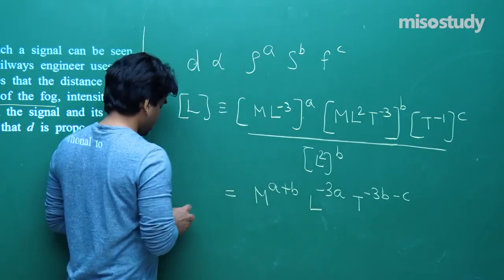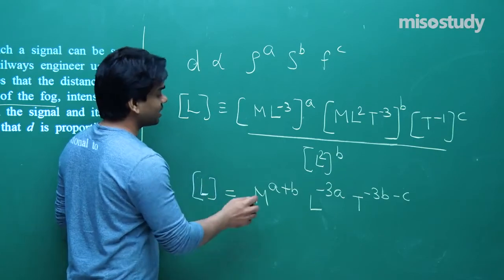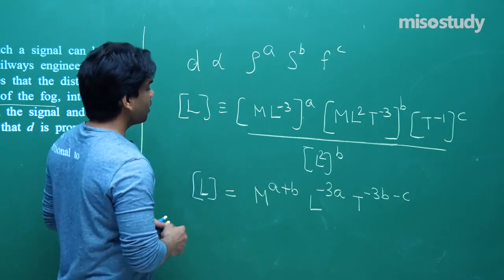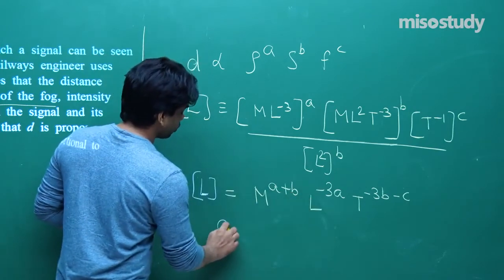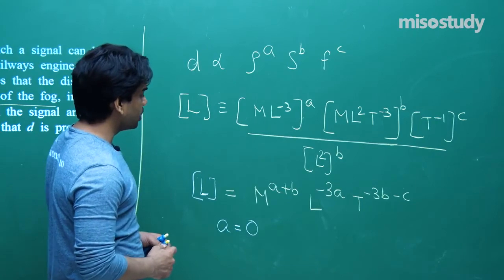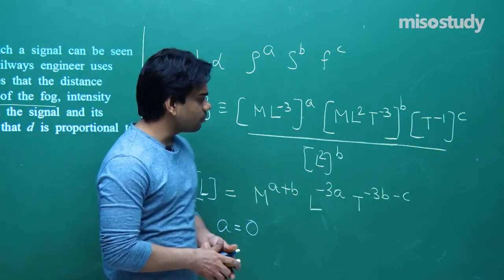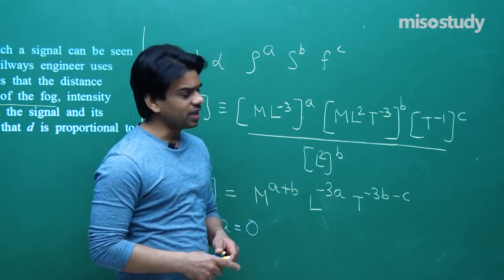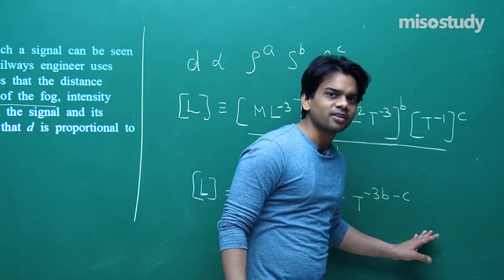Clearly if we just match both left hand side and right hand side, we will be having L power 1 and here L power minus 3A, so A will come out to be 0. First thing we get, A will come out to be 0, and if you see here the rest of the terms, we can easily evaluate the value of B and C. So since still we have less space here, you just take note till here. Let me write on the other end.